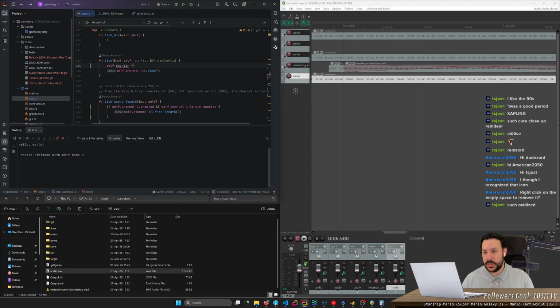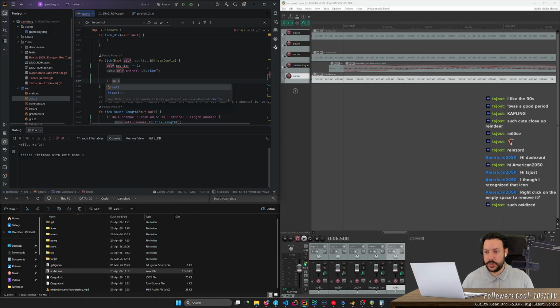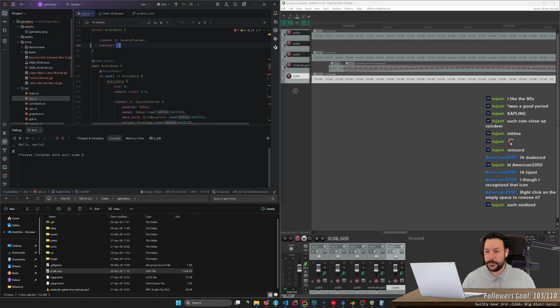Okay, I need to put a counter here. Counter is going to be a U32, not that it matters.